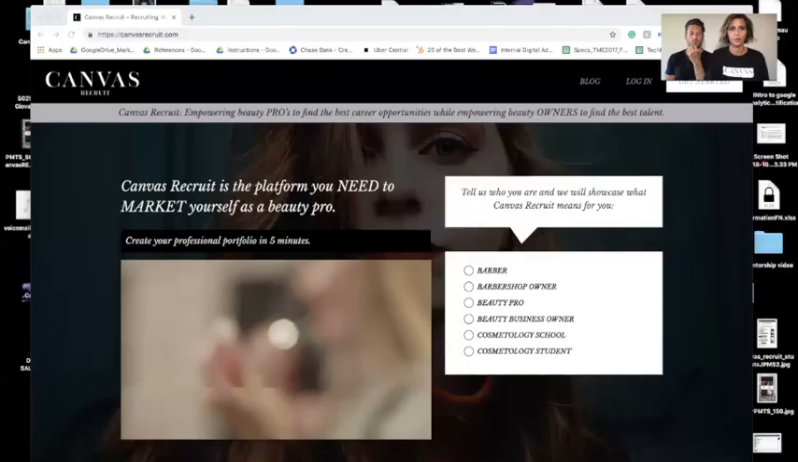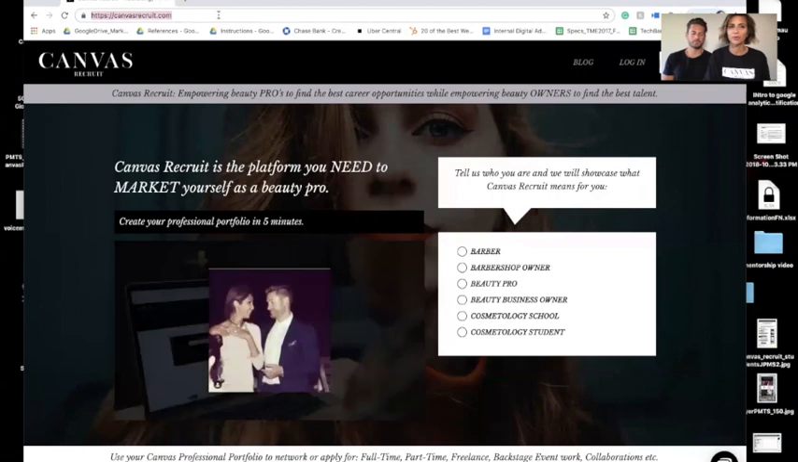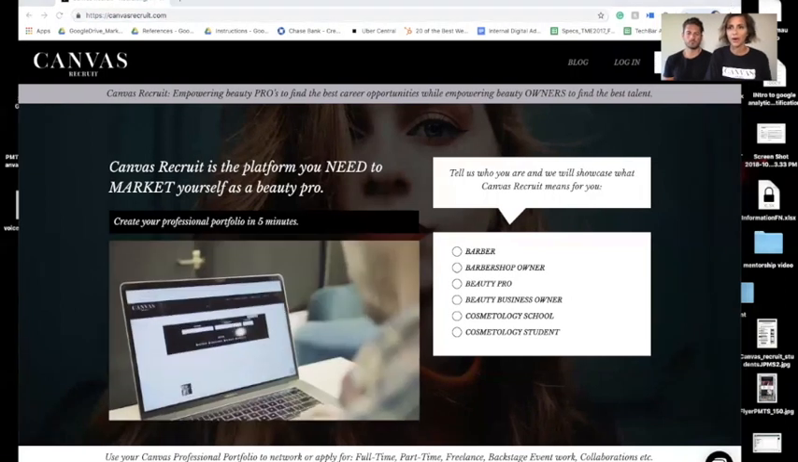Hi guys, we're so excited that you're about to create your beautiful Canvas portfolio, but we wanted to take a moment to go through the platform, show you the sign up process, and give you some tips as you're creating your beautiful digital portfolio. So you're going to go to canvasrecruit.com in your browser, and then you're going to hit